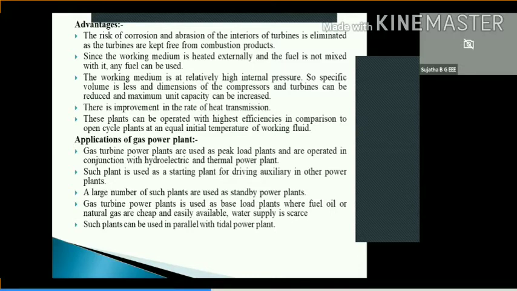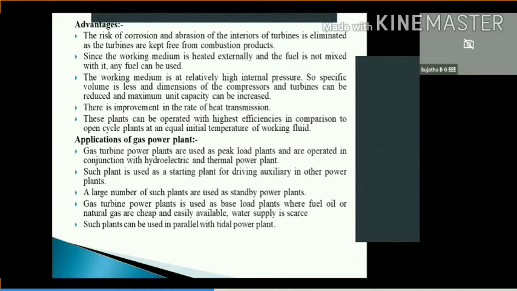As a reserve, in case in your conventional power plants one unit fails, maybe due to some problem, one generator is not available for service. It is out of service. So in that case, we can have this gas turbine power plant as a standby power plant, like a reserve. So they can also be used as base load plants.